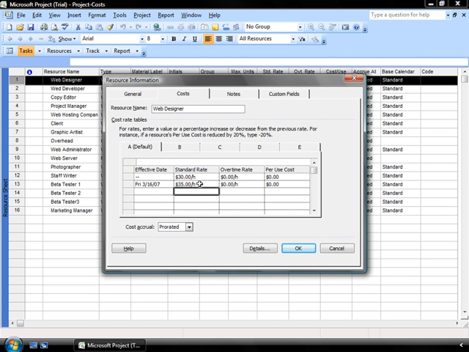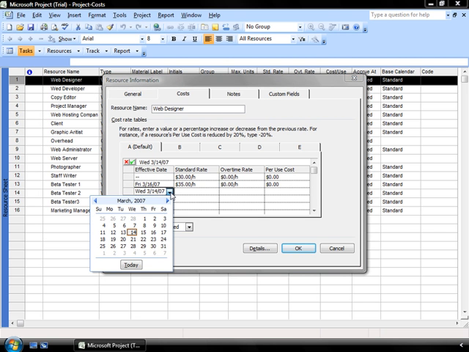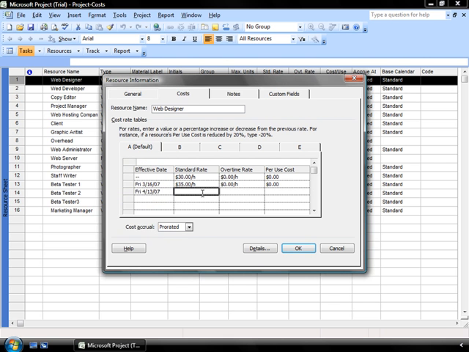Now, another quick highlight that you can use when you're working with this cost rate table is that Project will automatically add or decrease by a particular percentage when it's working with its rates. So I know that this web designer's rates are going to increase further on the 13th of April by 10%.